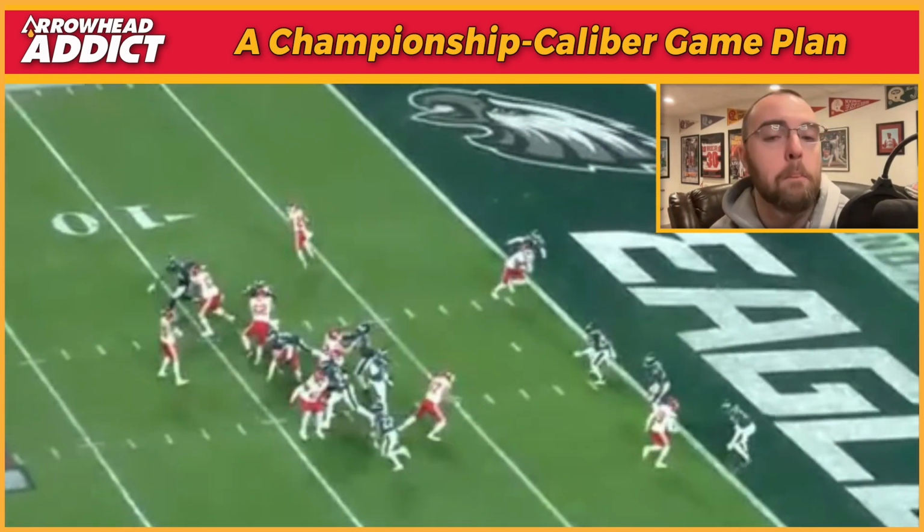Look at that pickup. He's the only guy, Edwards was, who could have had any kind of an impact on this play. And Jerick McKinnon gets low and just takes him right out at the waist. McKinnon